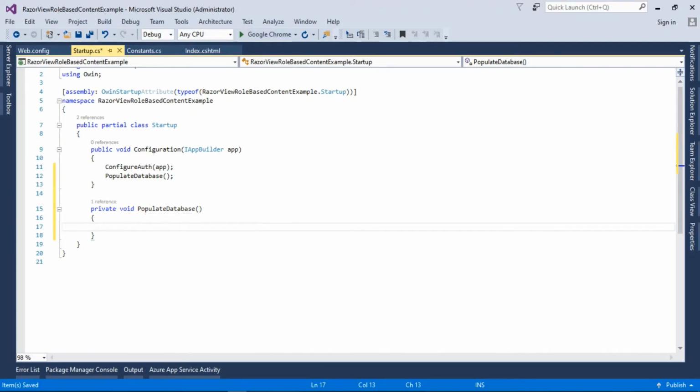First of all we will check if there is any role with the user or admin. So we will provide a condition, if db.roles.any. First of all we need to declare the database, so we will have a var db equal to new application db context.